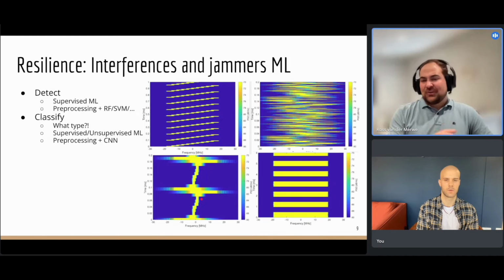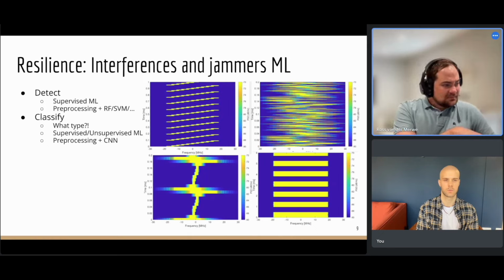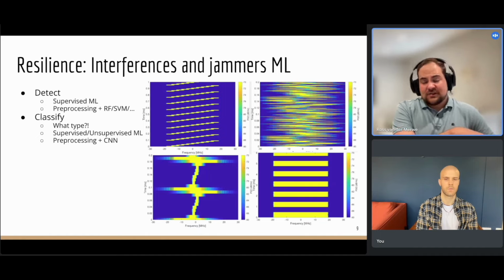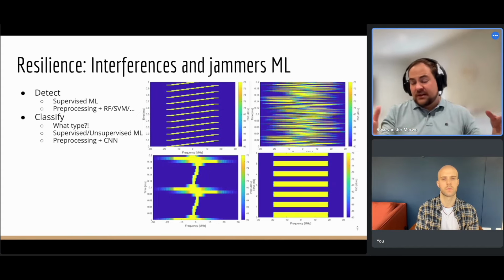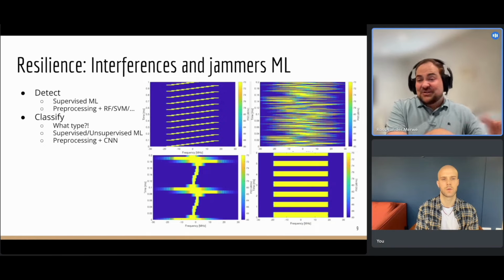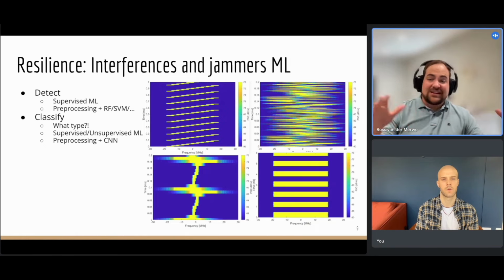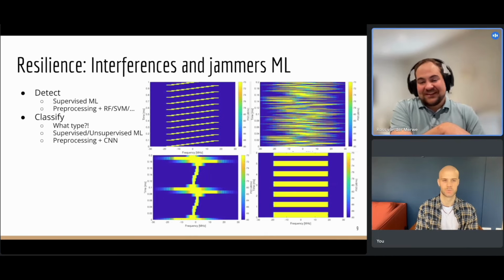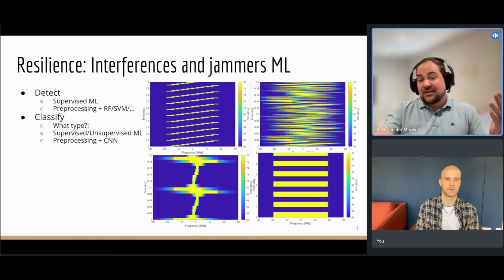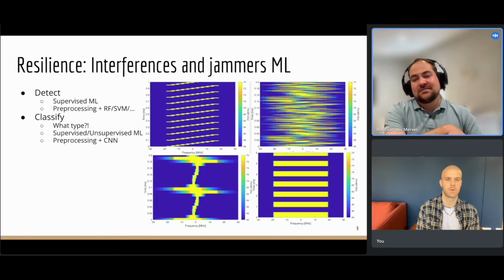This is a super hot topic currently in GNSS. I think in the last year at almost every conference, there's one or two papers just looking at this classification problem. And this is usually a combination of supervised and unsupervised machine learning. In the supervised case, there's usually some pre-processing with a convolutional neural network. As you can see, these are nice pictures, which means all this fantastic body of literature that was used for decades for computer vision suddenly applies in a new domain. And which means it scaled very quickly. This is also one of the low-hanging fruits in GNSS machine learning.